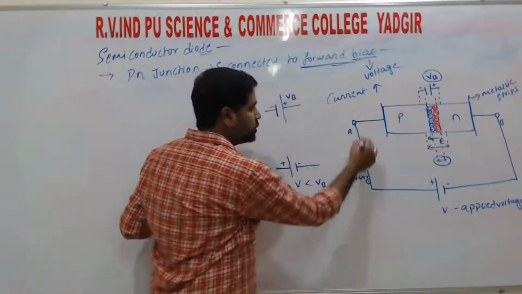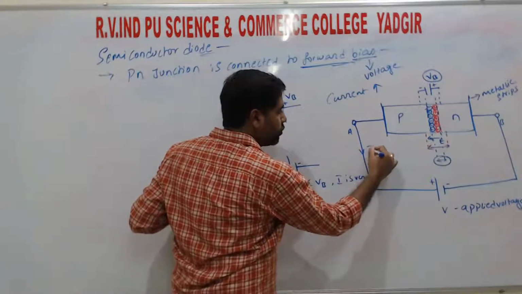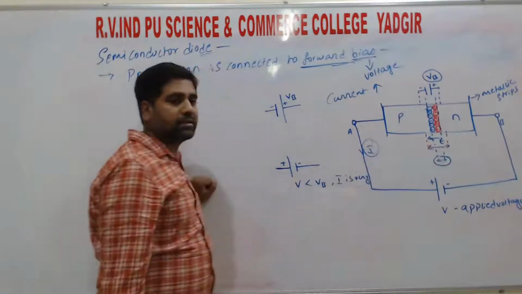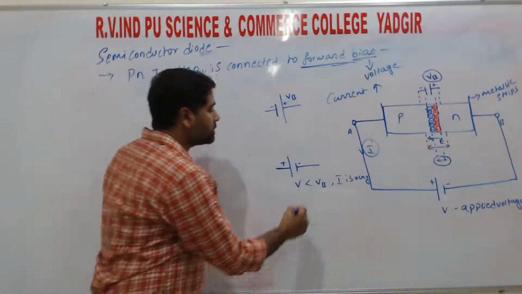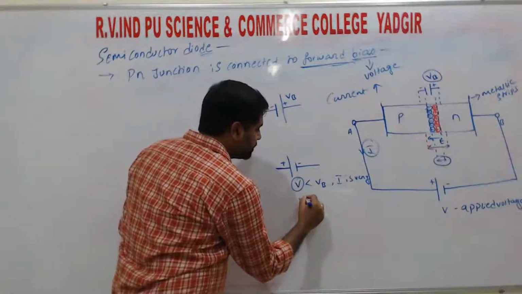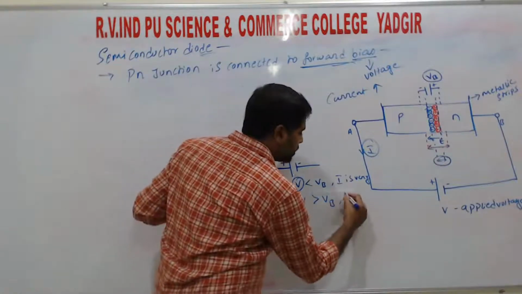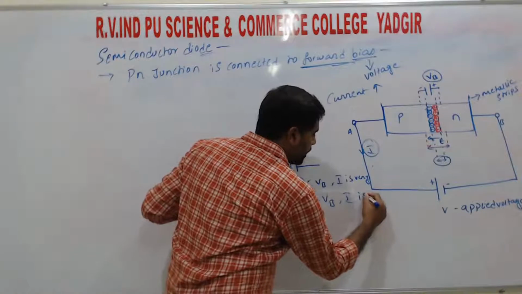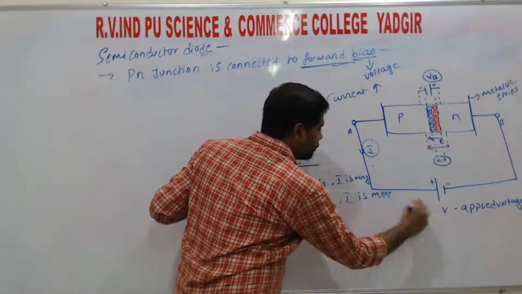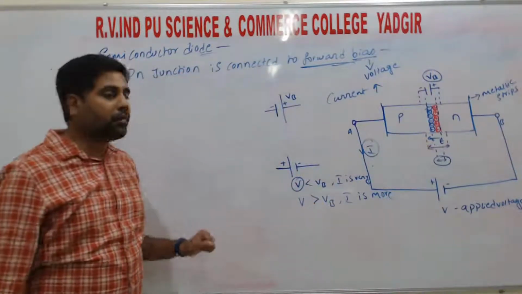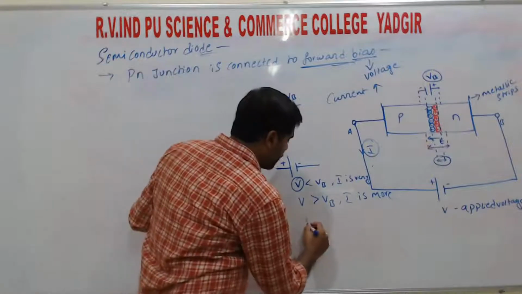That is the current flowing in the external circuit is very less, right? When the applied voltage is greater than the barrier potential, the current flowing in this external circuit is more. So from this we can say that in forward bias,